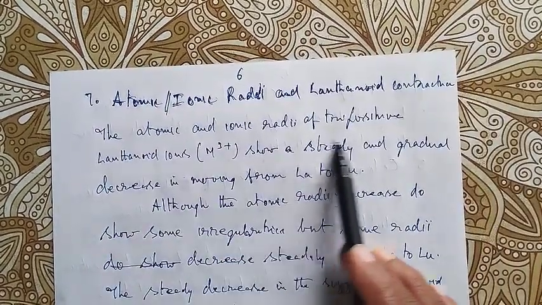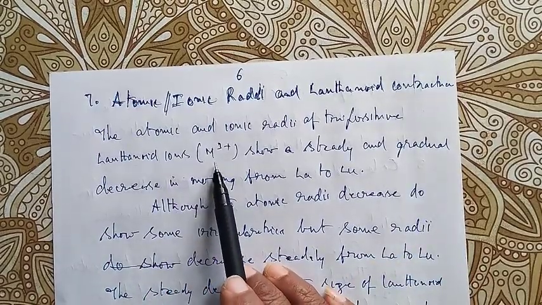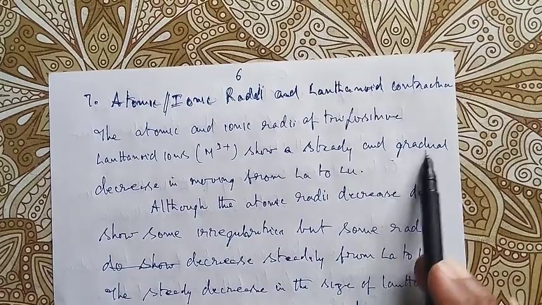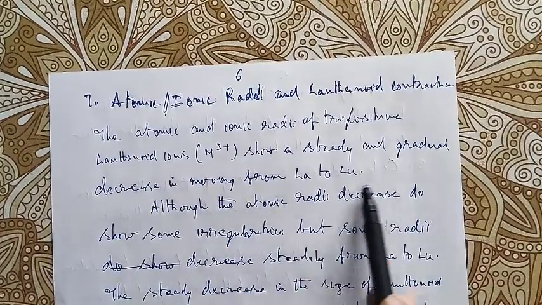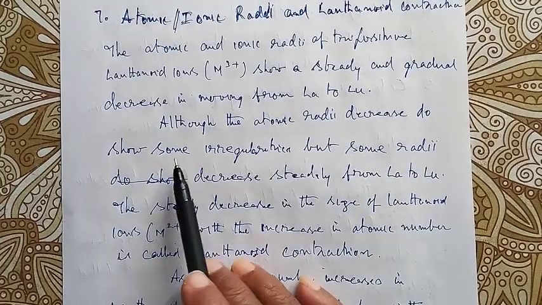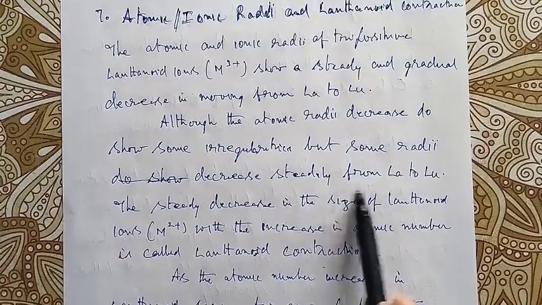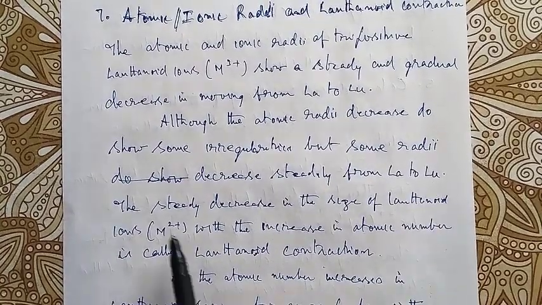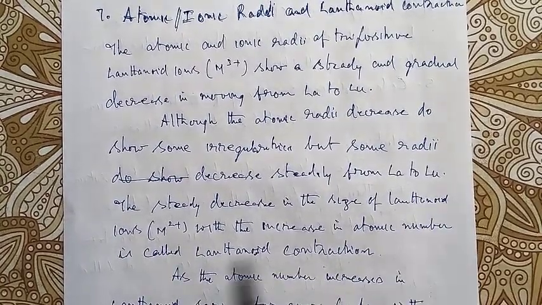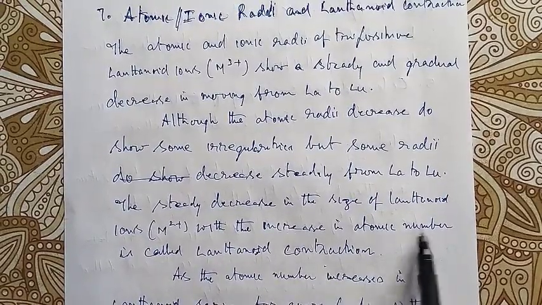The atomic and ionic radii of tripositive lanthanoid ions, that is M3+, show a steady and gradual decrease in moving from lanthanum to lutetium. Although atomic radii do show some irregularities, ionic radii decrease steadily from lanthanum to lutetium. The steady decrease in the size of the lanthanoid ions, M3+ ions, with the increase in atomic number